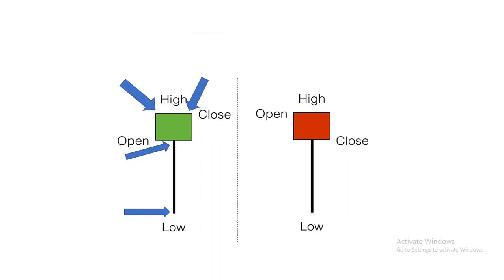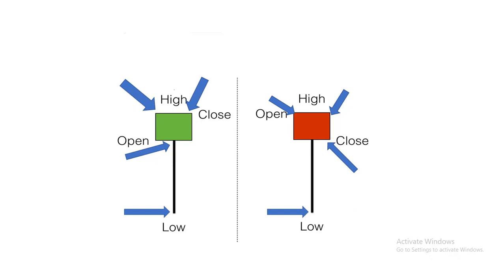Now let's see the red hammer candle. The candle opens here, the open is the only high of that red candle. The candle then makes a low and the candle closes at this point. So now I think you've got an overall idea of how a hammer candle is formed, what a hammer candle is, and how a hammer candle looks.